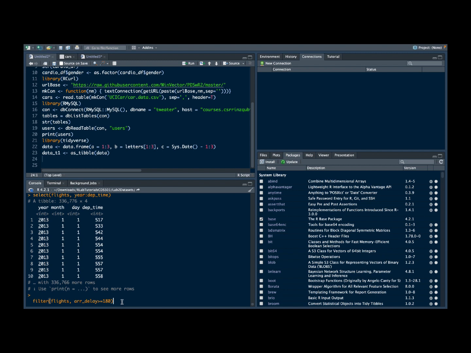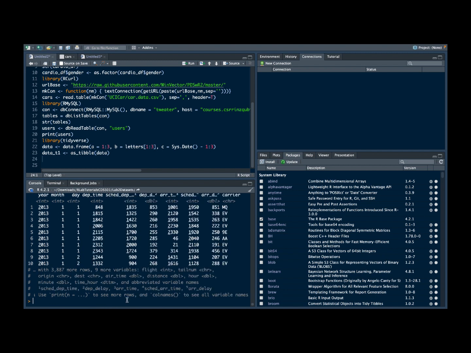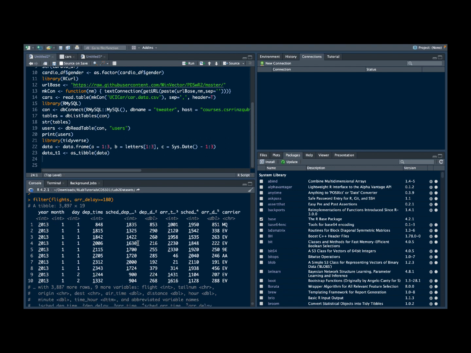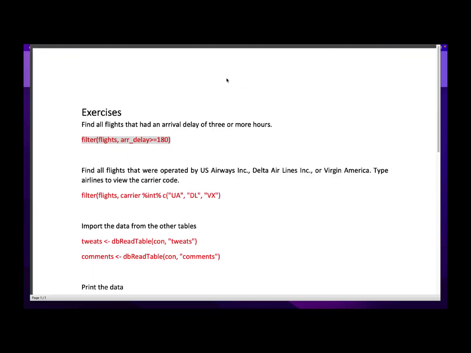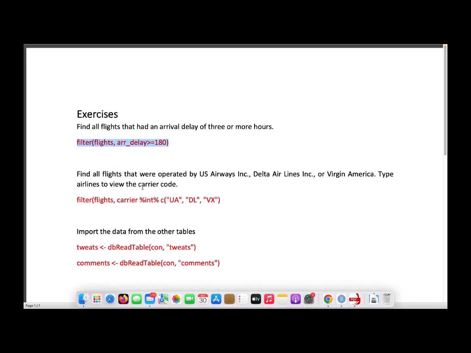So if you run this, pretty good. So we can have arrival time. If you look at arrival delay and check all these values, you discover that those are the values that are equal to or more than 180. All right. So the next one is find all flights that were operated by